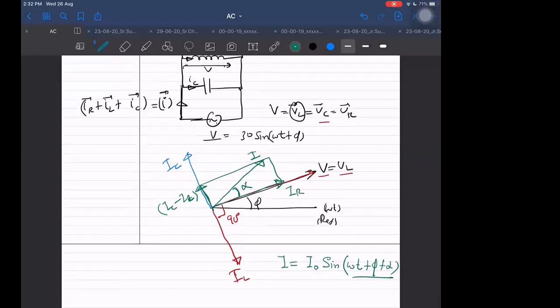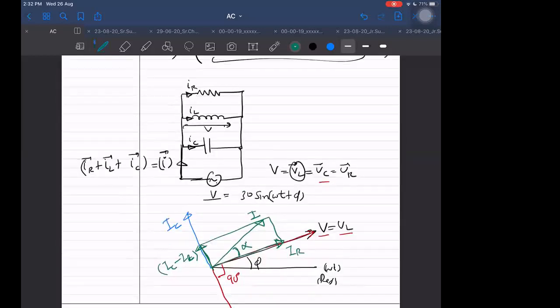And how to obtain this? For that, let us take some example. Then it will be easier. If I take an example, maybe V is 30 only, already given. That is enough. Let IC be 10 unit, and let this be 20 unit, and let this be 5 unit. 10 unit, 20 unit, 5 unit. Already I have given in terms of reactance, means I don't have to multiply by omega. I'm not giving 20 Henry, I'm already giving 20 ohm. Means I am already giving it as a reactance value.